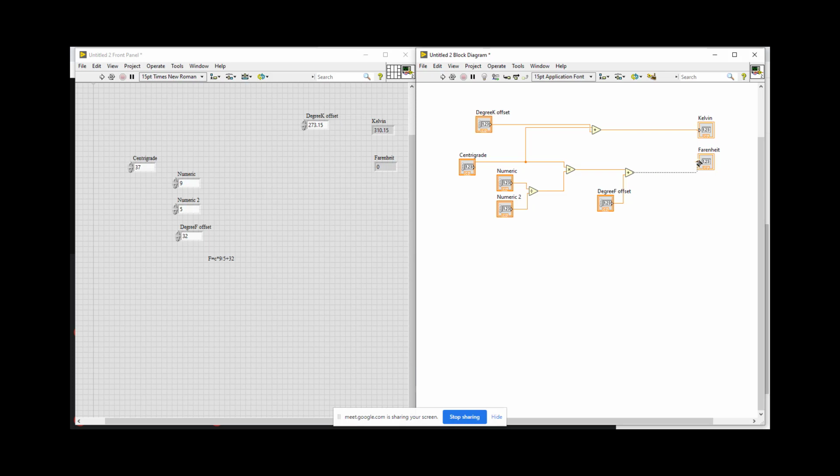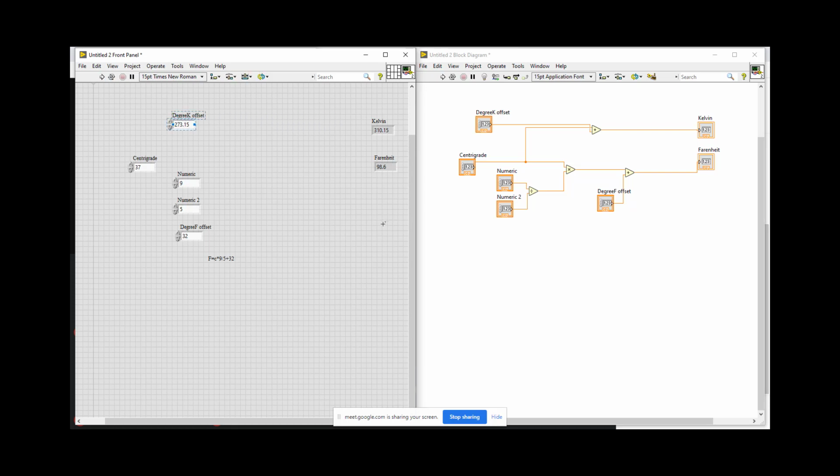Okay, and now I am going to connect it. So what we have done, if I delete it, for an example, we have deleted it. So to convert degree Celsius into Fahrenheit, we have taken 9 by 5, that is the formula, 9 by 5 plus 32. So this is 9 by 5 into degree Celsius plus 32, and that should be the output. Okay, and let's see what is the output right now. And let me remove it from here also.